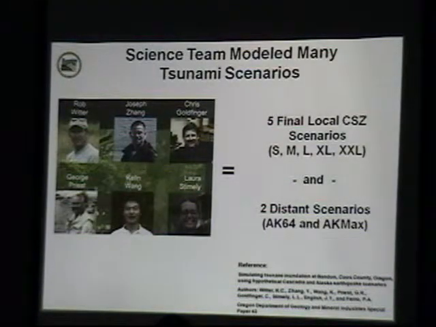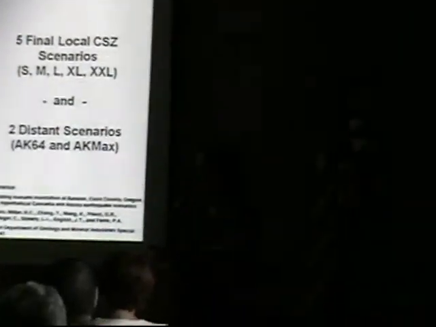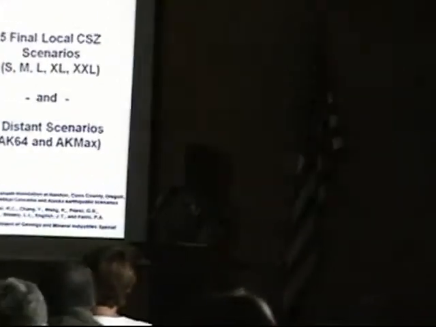A lot of people say, well, we had a Japan event a couple years ago, why did you pick Alaska? Well, Alaska is actually the closest location to us that will generate a distant tsunami. It takes a wave about 4 hours to get here from Alaska, so it's still a distant tsunami. You can still sit in your house and drink coffee, as Peter says, if you're not in a distant evacuation zone. But we did 2 distant scenarios.